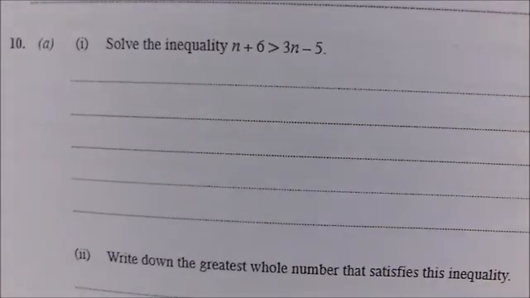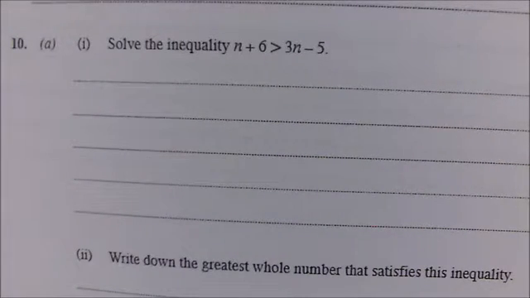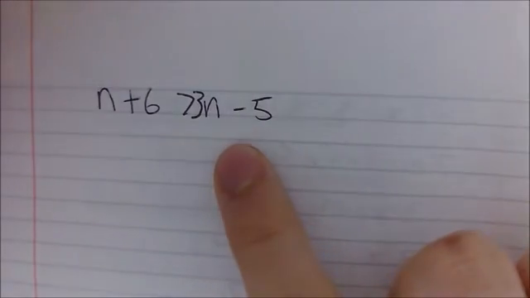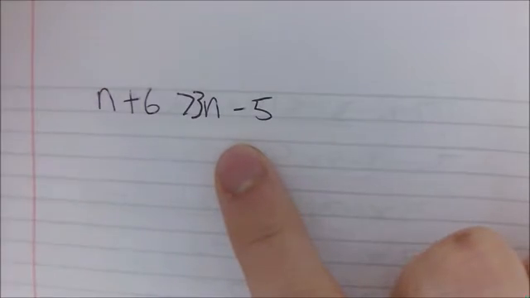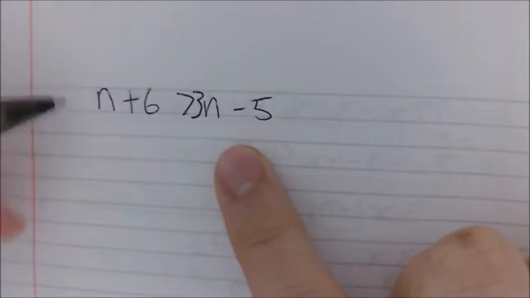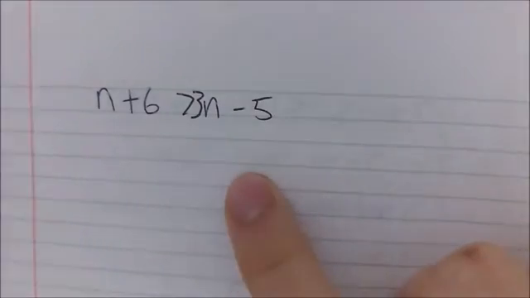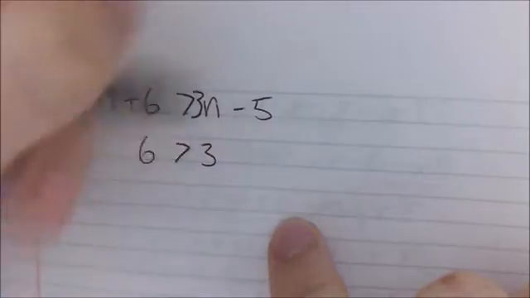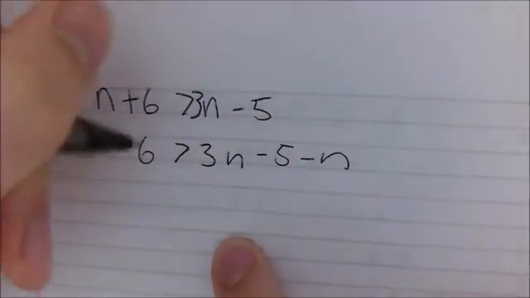Now the next question is to solve the inequality n plus 6 is bigger than 3n minus 5. I've got that written down. So, first step when I've got the unknown on both sides is to remove the smallest of the unknown. And that's going to be n, because that's 1n, and on the other side I've got 3n, so 1's obviously smaller than 3. So I'm going to have to take away n, so I've got 6 is bigger than 3n minus 5 minus n, and then I've got